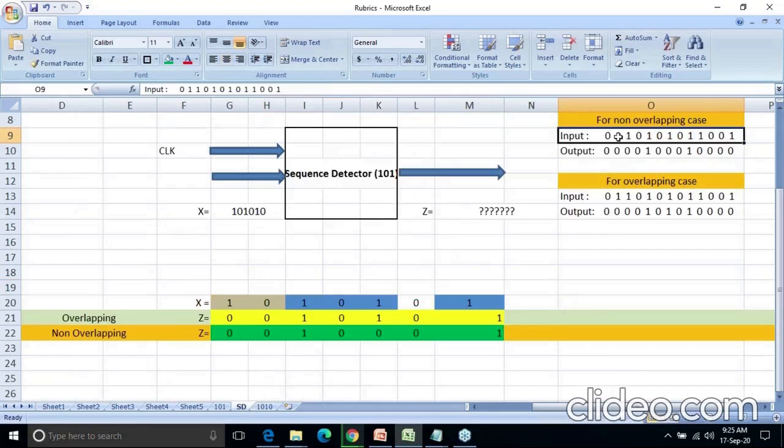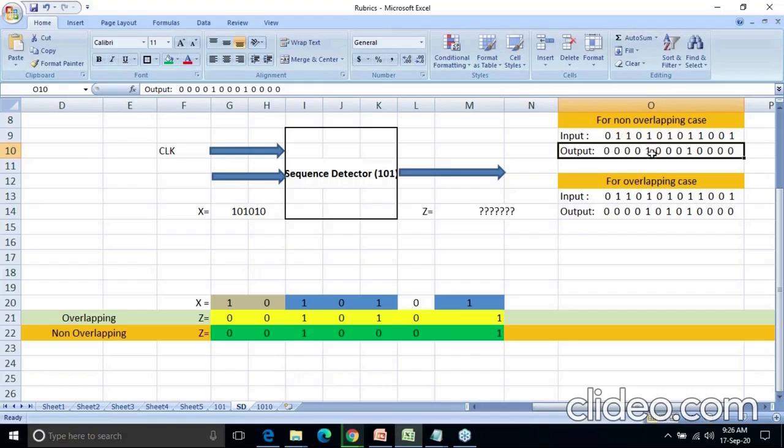Okay, now again you can see it as a 101 sequence and try to write down the output. This is for your homework. Okay, I have given the output already, but just match it with your answer whether you are getting the same or not. Okay, I'm not going into detail of this, so you just need to check 101. Now here, just for the non-overlapping case, 0 is there, the whole sequence is not detected, so its answer is 0. 1, again the whole sequence is not detected, answer is 0. Only at this point where 101, the whole sequence is getting detected, and that's why the output is 1.